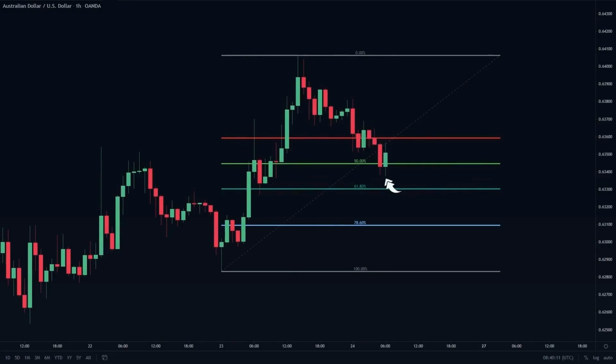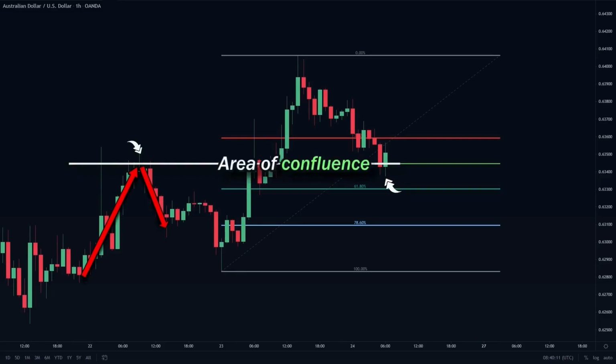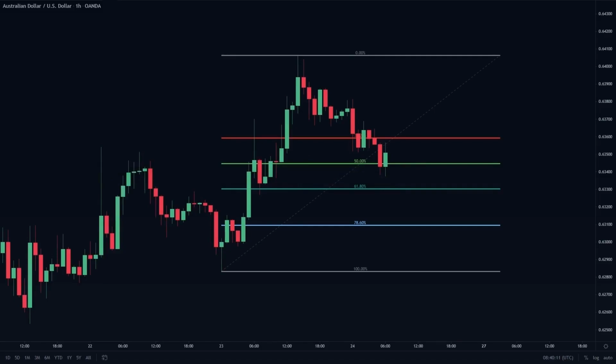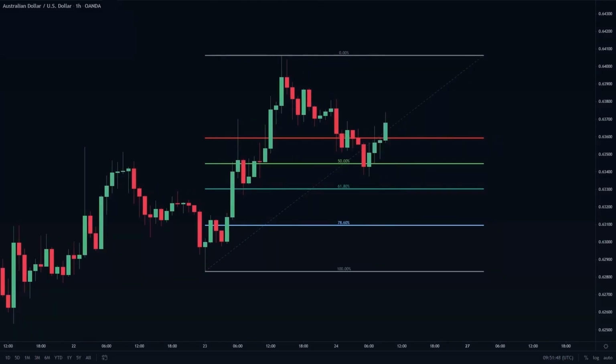And after that we can see the price broke below the 38.2% and ended up at the 50%. Now if you look closely, you can actually see that this level is also aligned with the previous resistance level, because at one point the price went up to this level and reversed downwards, meaning we now have an area of confluence, and usually price has a higher chance of bouncing at this level. And to further confirm that, we can see that the next candles after that are multiple green candles breaking